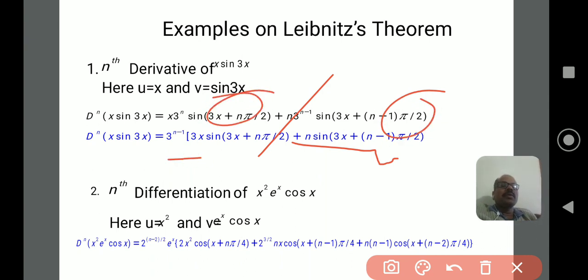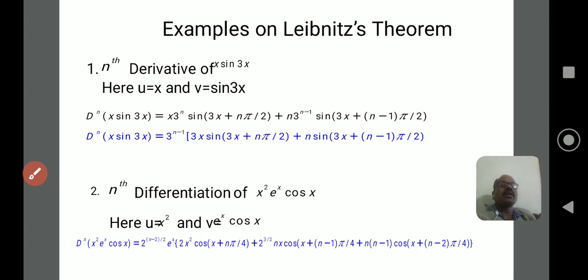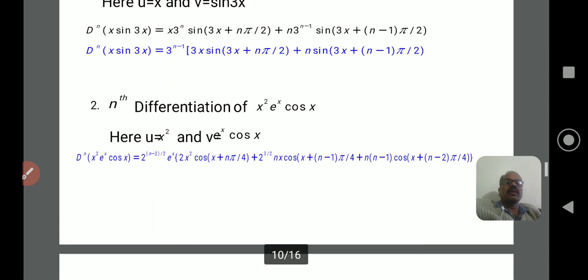What about the next step? Plus, we can take the next step, nC2 into the differentiation of the previous reducible function. Already we have a constant, and the differentiation of a constant is 0. That is the reason we stop the procedure of the Leibniz theorem, and you get the final solution. Once again, whichever function you choose as the reducible function, when it tends to 0, stop the procedure. This is the final solution for this.